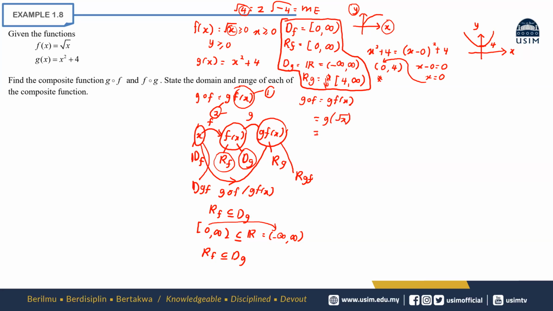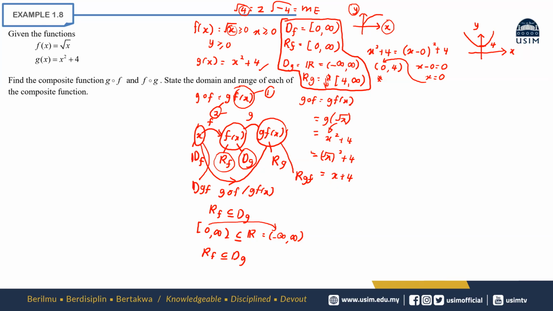Okay, so G, what is the G? G is equal to X squared plus 4, right? So you have to substitute X squared plus 4, set X into this X squared. So you will get set X squared plus 4. This one can be cancelled. So you will get X plus 4. Okay, so X plus 4 here, this one is the straight line, or line of the